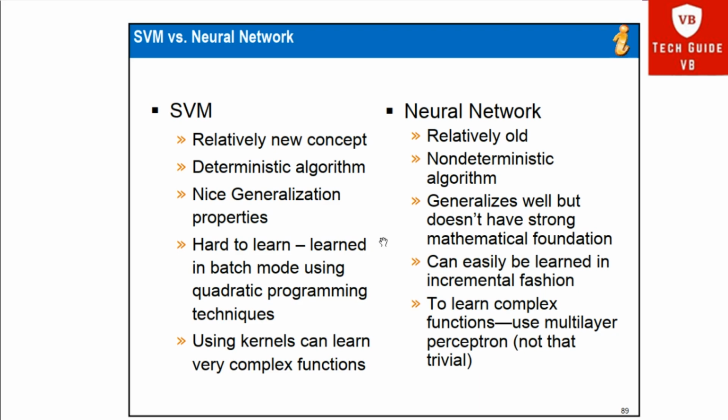Okay, so in general, if you see the difference between SVM and neural network, SVM is more popular than neural network. Okay, but if we have to learn the model in very less time, then the neural network is good. This is the only advantage of neural network. Otherwise, SVM is a very popular and very well known, strong, powerful classification and prediction technique. So this is all about the support vector machines.